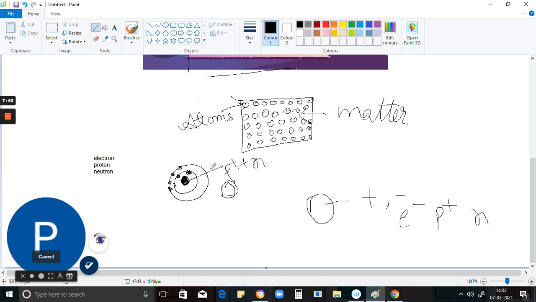Inside an atom there are protons, neutrons and electrons. In the center is the nucleus, which is made up of protons and neutrons. And in the orbits around it are the electrons, guys. The electrons are negatively charged and the protons are positively charged. To balance between the negative and positive charges, we need a neutral particle, and that is nothing but the neutron. We will learn about electrons, protons and neutrons in our next